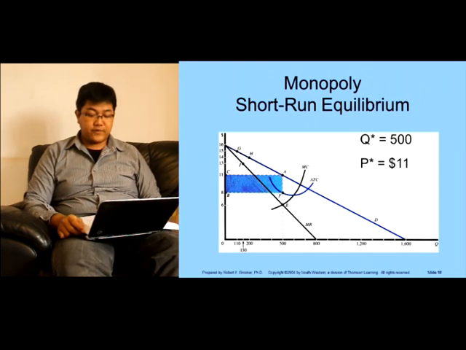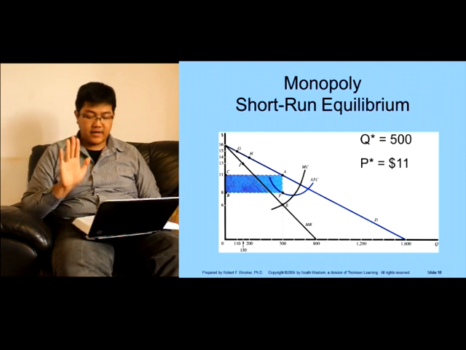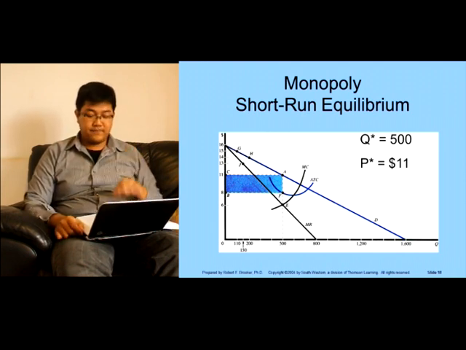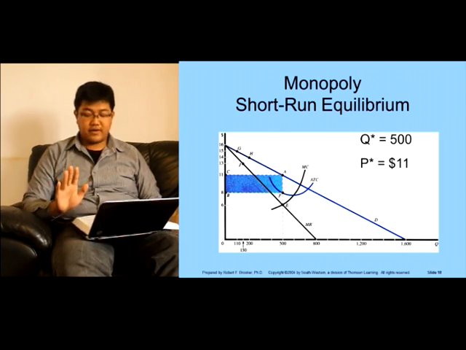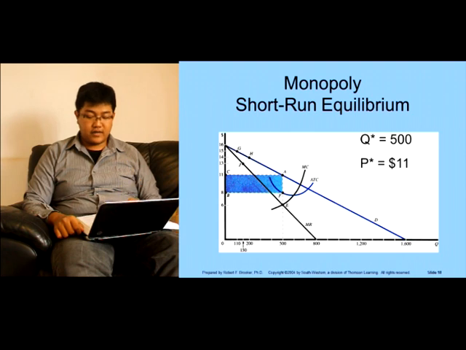And here is the short-run price and output determination by a monopolist. The best level of output for the monopolist in the short run is 500 units and is given by point E, where MR is equal to MC at Q equal to 500. P is equal to $11 at point A on the D curve, and ATC is $8 at point F. So the monopolist earns a profit of AF equal to $3 per unit, and AFBC is $1,500 in total in the shaded area.